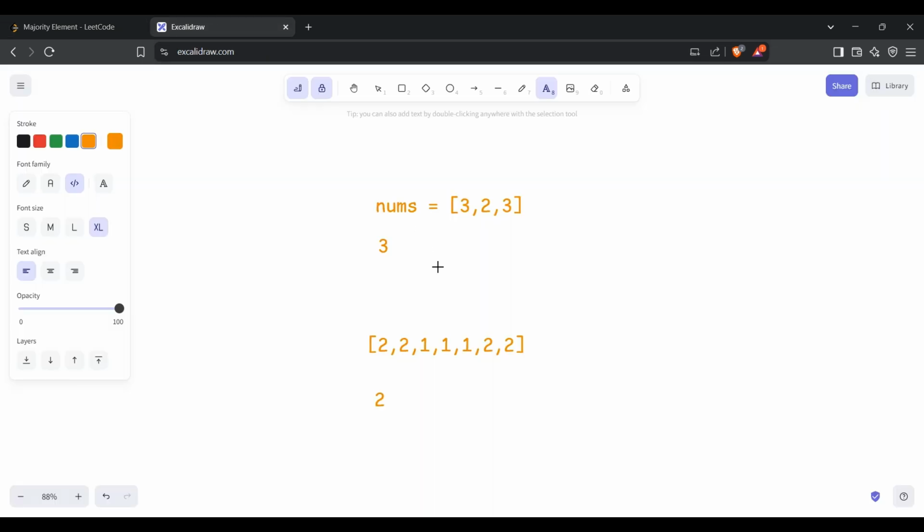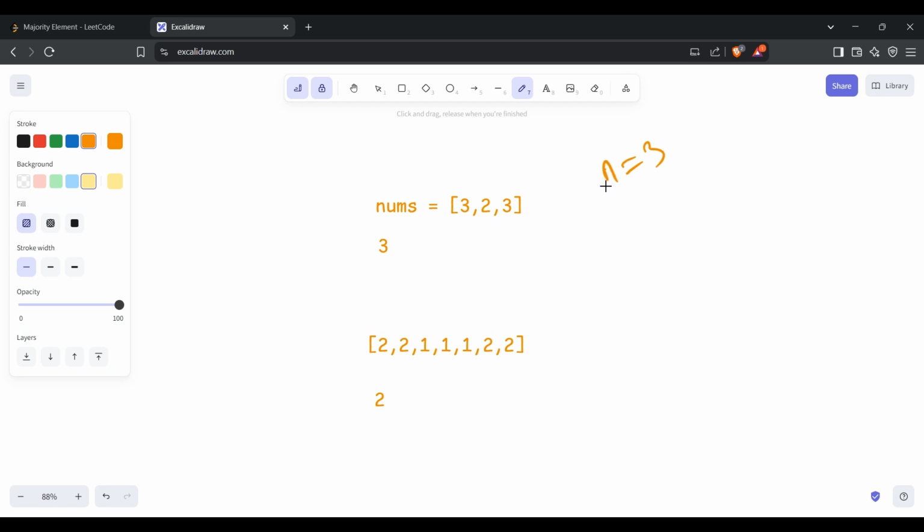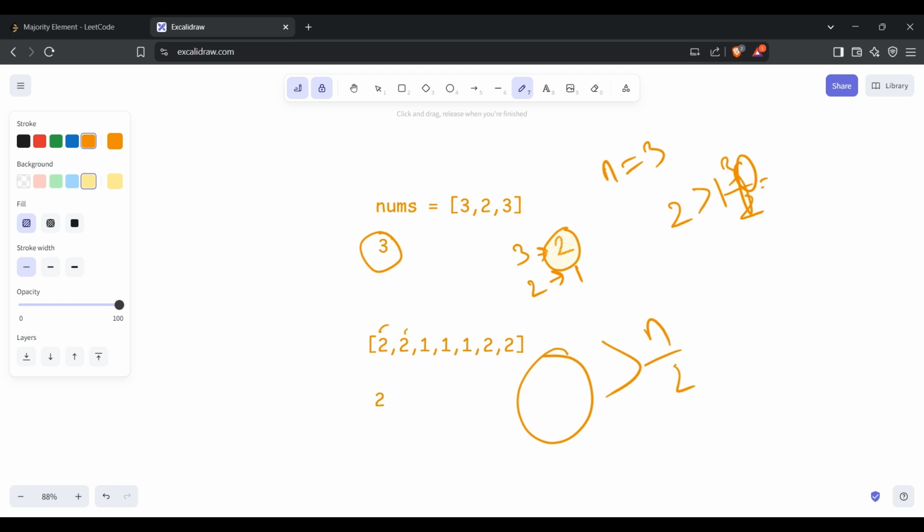For the example, 3, 2, 3. Here n equals 3, as the length of the array is 3. Now, how many times is 3 occurring? 3 is occurring 2 times and 2 is occurring 1 time. So here 3 occurs 2 times. 2 is greater than 3/2, which means 1. So here the output is 3. That is the case. If any element occurs more than n/2 times, then that element will be the